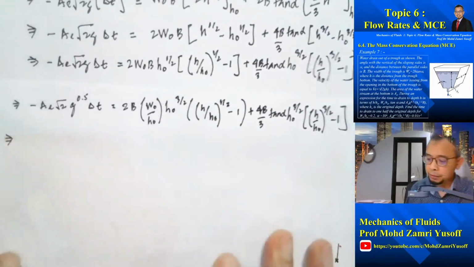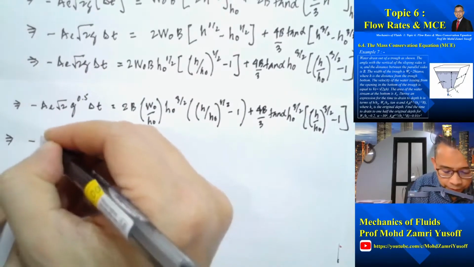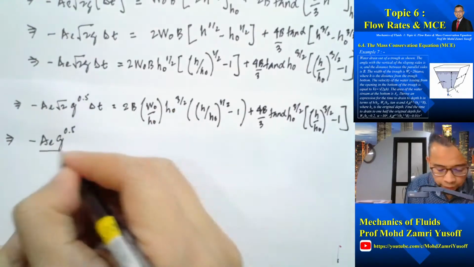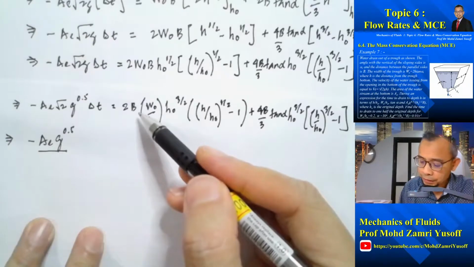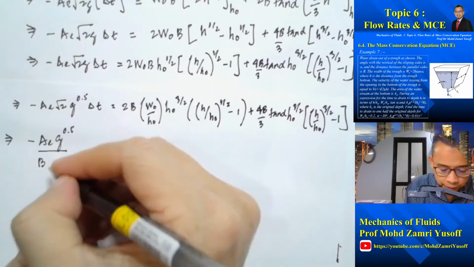So I can just rearrange a little bit more so that I have minus ae g to the power of 0.5 divided by, so I bring b from this side and h naught to the power 3 over 2 from this side,